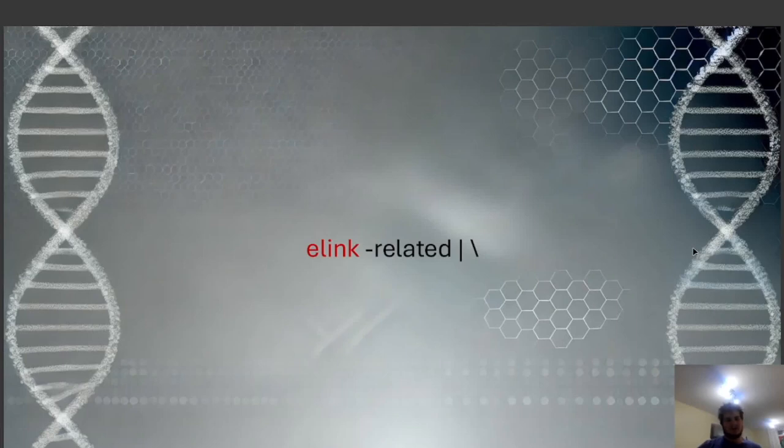So our next command is elink. This is one of the core utilities of Entrez, and it's really what makes it unique. What this one does is it uses a library of pre-computed neighbors to take the output of the previous command and return an enhanced set of query results based on those neighbors. So we're using the -related field here to indicate that we are linking to related papers in the PubMed database